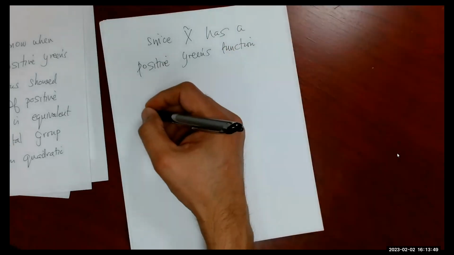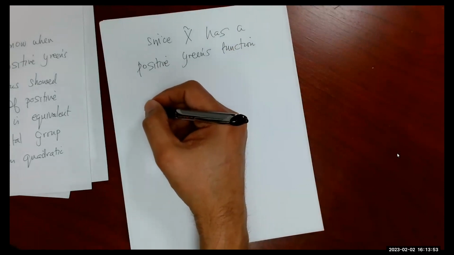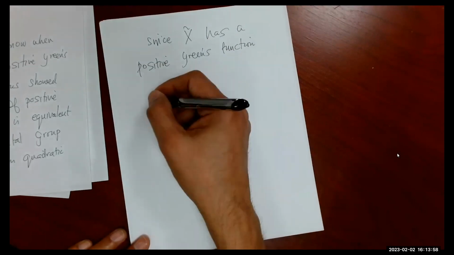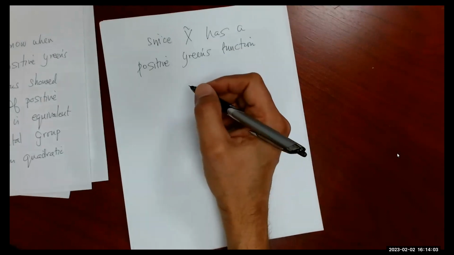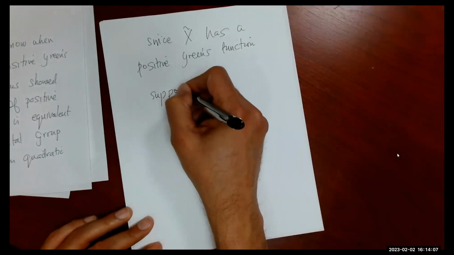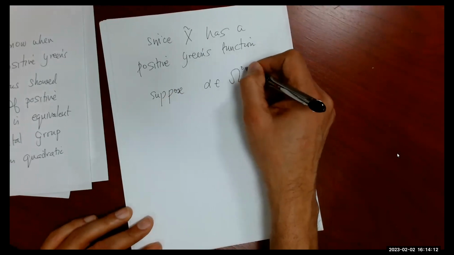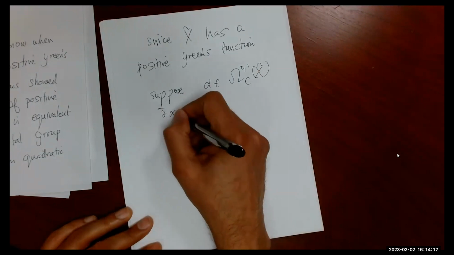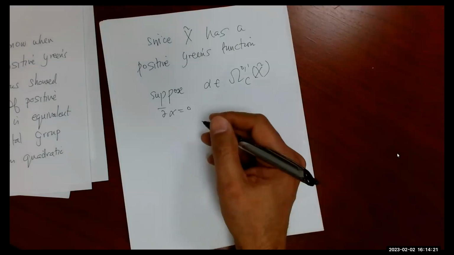So I'd like to... the vanishing of compactly supported cohomology with coefficients of the structure sheaf is equivalent to just solving the D-bar equation for 0-1 forms with compact support. So you start with, suppose, say alpha is a 0-1 form with compact support on X twiddle, such that D bar alpha is 0. So you'd like to try to solve for alpha in terms of a function.